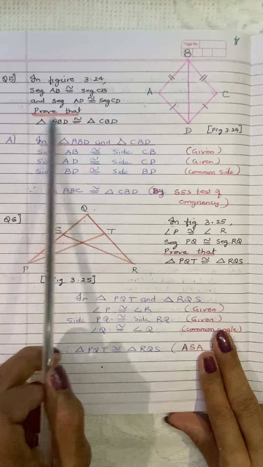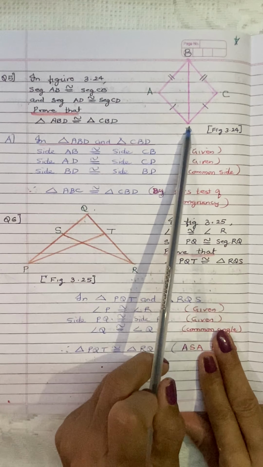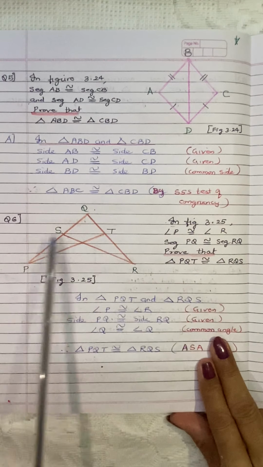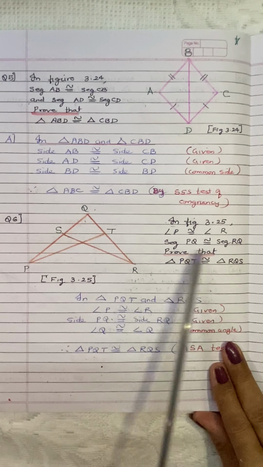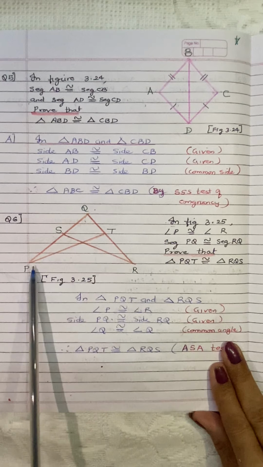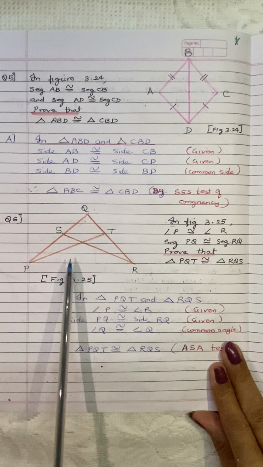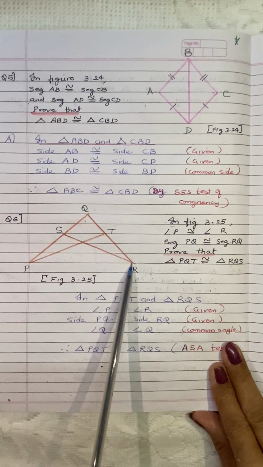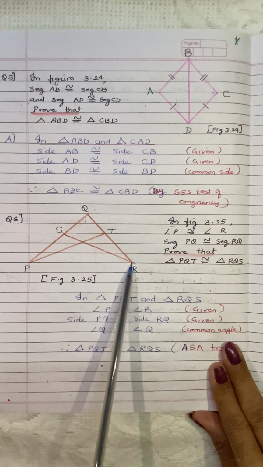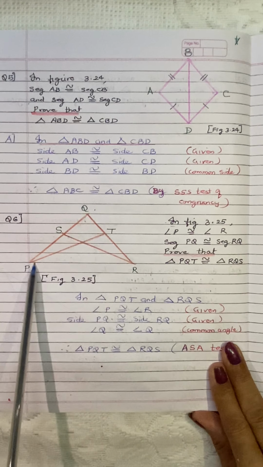Now here they have not asked for the remaining sides or angles, so we will not mention anything about it. We will just mention which test it follows. Question 6. Look at this figure. In the figure 3.25, angle P is equal to angle R. Segment PQ is congruent to segment RQ, and prove that triangle PQT is congruent to triangle